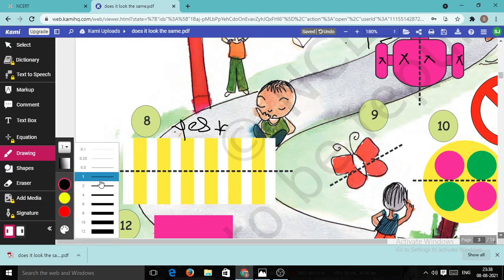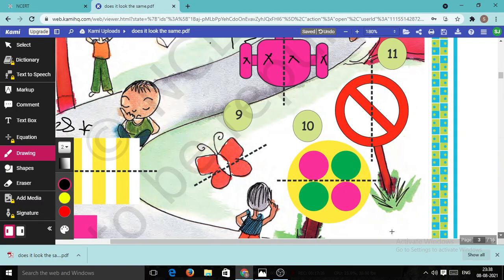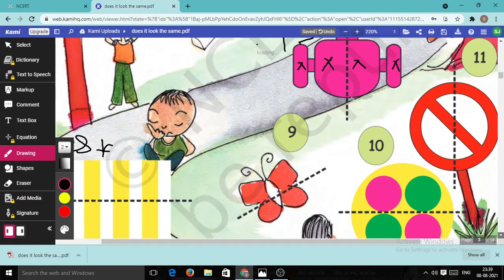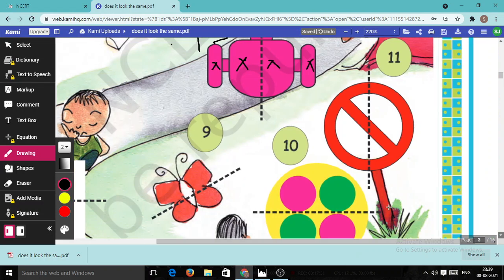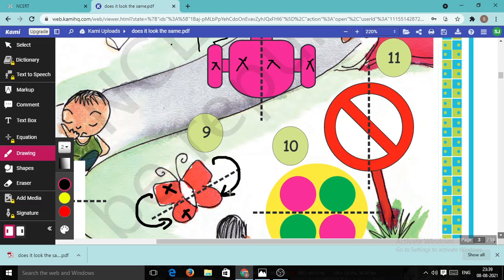Now look here. Sorry, figure number 9. If you observe the figure carefully, you will find that the butterfly is not divided equally, because look here, this part does not match with this part if they fold, and this part does not match with this part. Again, this part is left out. So for this figure we write here no, because it is not in the mirror half position.